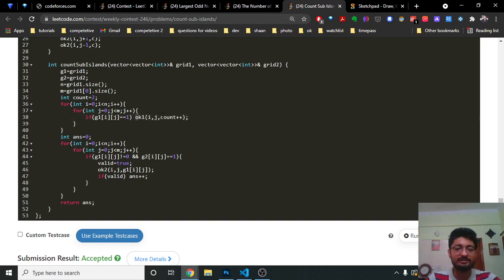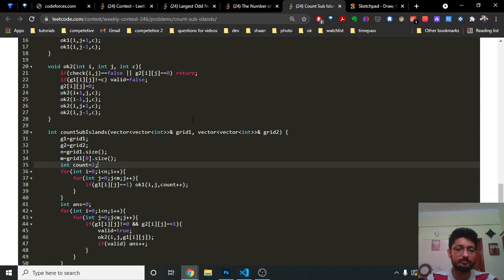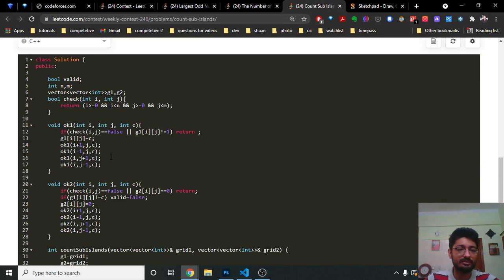So this is a function which will mark out the whole island starting at this i, j with a count value which is 2, 3, 4 and so on, which will keep on incrementing with a new island. Now how can we do that? This will give you an i and j and a value which it will mark. So I have to first check that for this function, this i and j should be inbound.